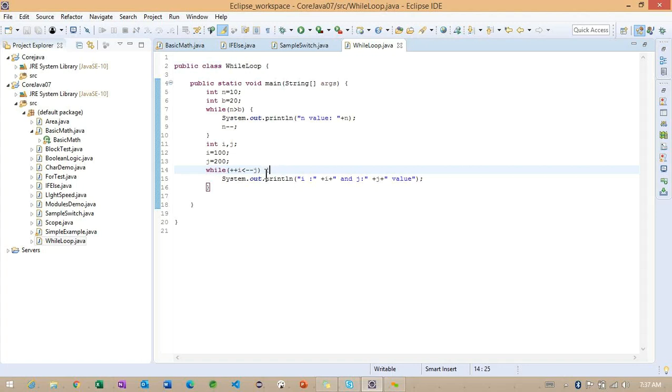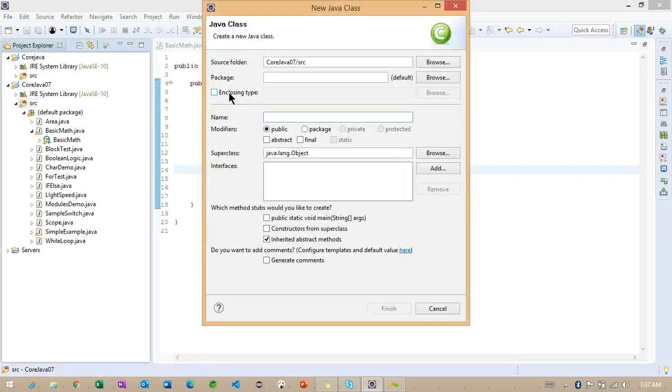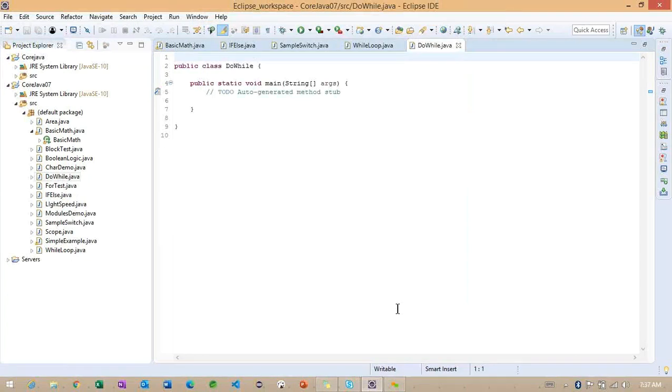Now, the while loop we identified, we'll go for the another loop called do while loop. So I'm going to create one more class here, DoWhile. Inside this do while, we'll see how exactly it works and what is the difference between while and do while.